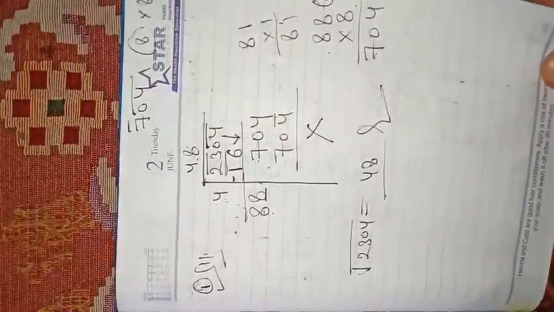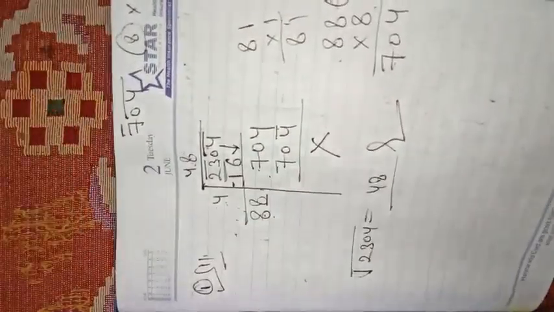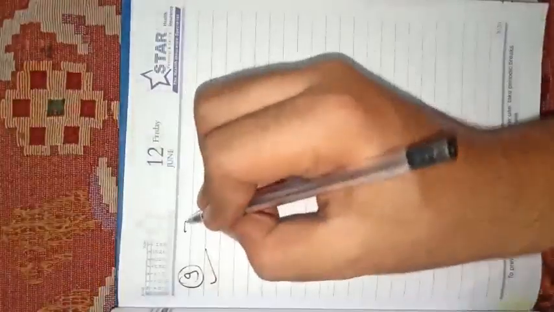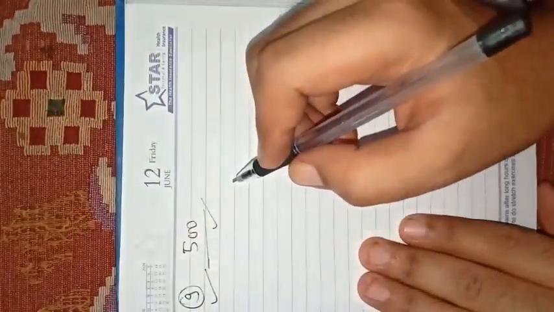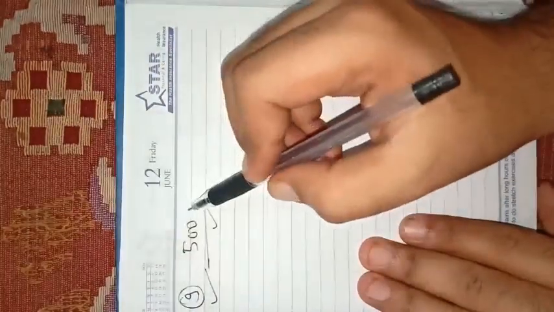Now students, let us solve the last question of this exercise, and that is question number 9. So that is in a PT drill, I think. So that's the question. 500 children in a PT drill. How many children would be left? There are 500 children and a school wants to arrange them in such a way that the number of rows and number of columns are equal. So obviously 500 is not a perfect square. A few students will have to wait.